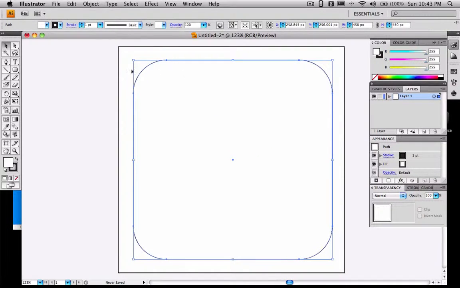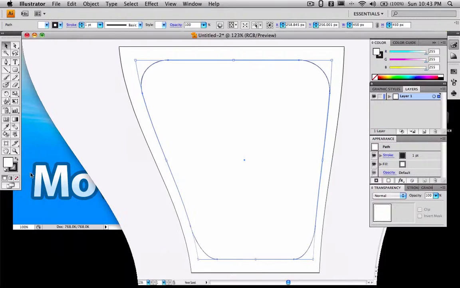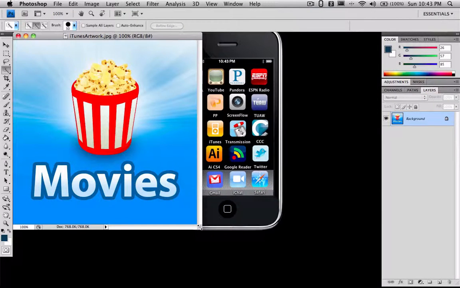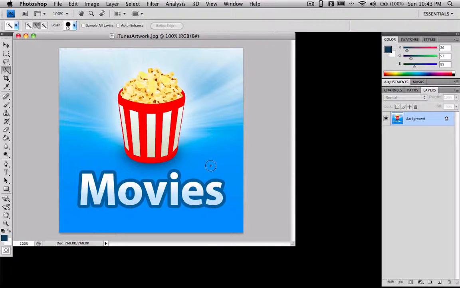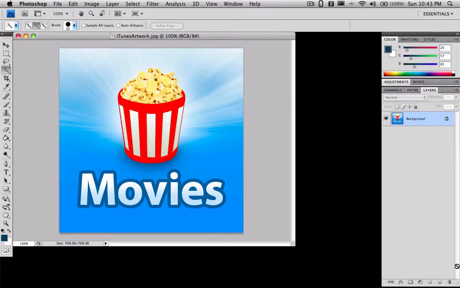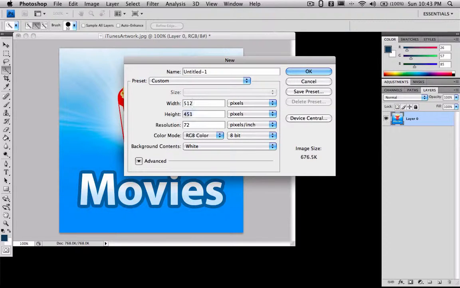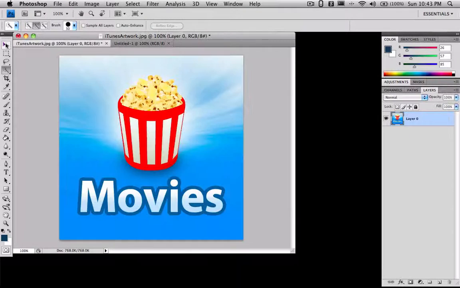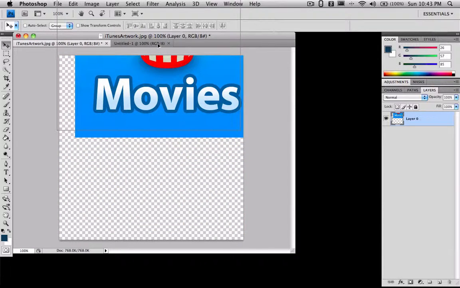So you're going to click it so it's highlighted using the black cursor. Command C, just copy it. And what we're going to do now is go back into Photoshop. You can hit Option Command I to change the image size, so it's 512 by 512. Hit OK. Take the background, unlock the background, make a new artboard, and you're going to want to make it 512 by 512. Hit OK. You can drag this in,